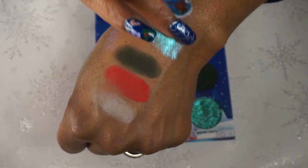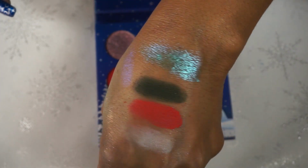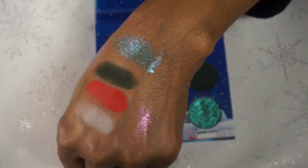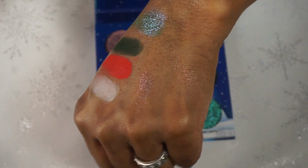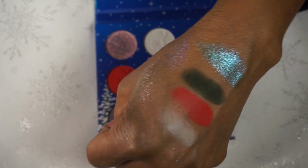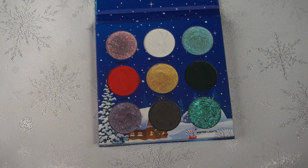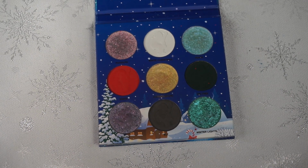This one is more like the Aurora Borealis. This one, there's hardly anything there. And this one, there's hardly anything there. I'm working hard and getting nothing. Even with a brush, it doesn't come up good. This one is about the only one that's coming up. The other ones, you might have to use a sponge applicator, or you might have to go in with a wet brush or something. But it's really sad that these were hard pan, and I'm not the only one who